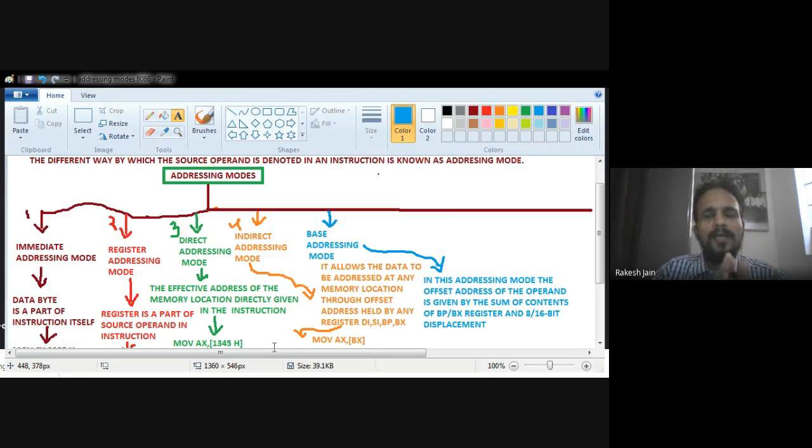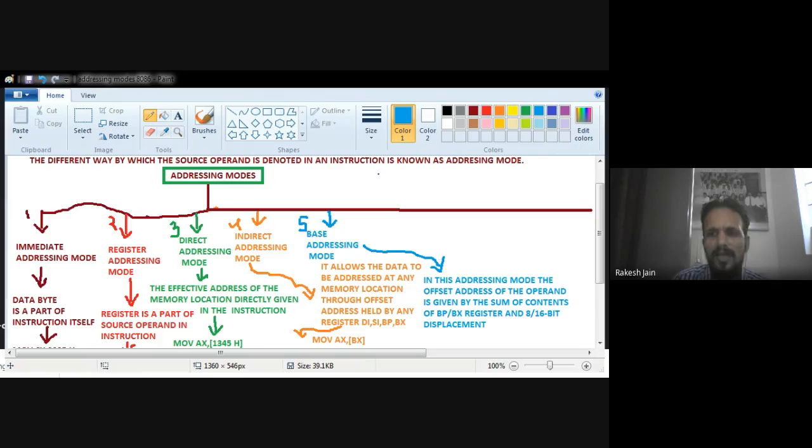That will behave as the address of the operand. So that is known as base addressing mode, in which the offset address of the operand is given by the sum of the contents of the BP or BX register displaced by some 8-bit or 16-bit data. This is my fifth addressing mode, known as base addressing.